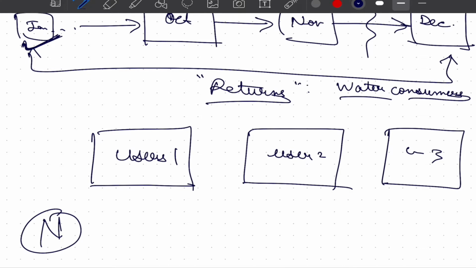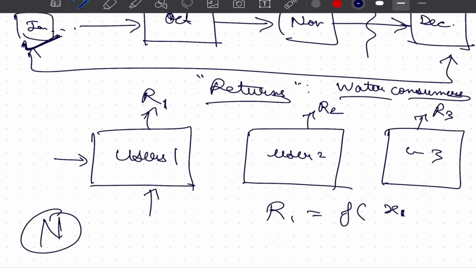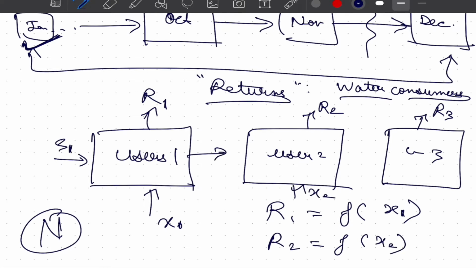Now, one thing is for sure: if we make some allocation to this user, it is going to give us some return R1, this is going to give us some return R2, and this is going to give us return R3. And in most real world scenarios, this return is definitely a function of how much input the user is actually using. So R1, R2, R3 in fact become functions of input. And whenever some usage happens, the state of the system changes. For example, if we are starting from here and a total of n units of water was available, we allocate 3 units of water to user 1.